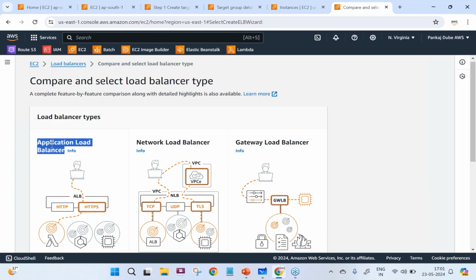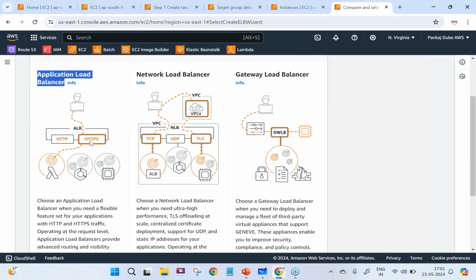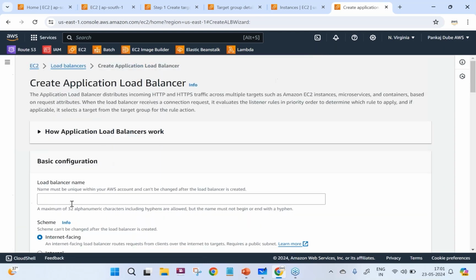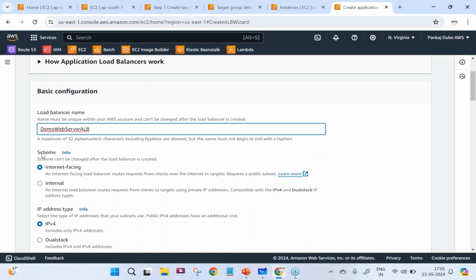Which load balancer? Application load balancer, which supports HTTP and HTTPS protocol, layer 7. Create, and let me name it demo web server application load balancer. This is the name of the load balancer. Scheme, it should be internet facing because I am going to access it from the internet.